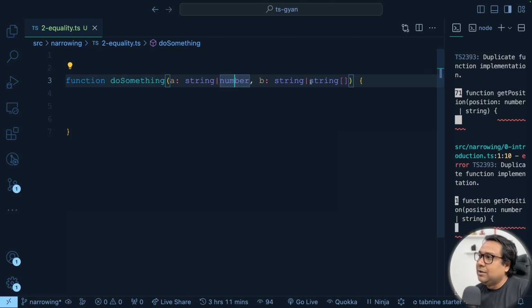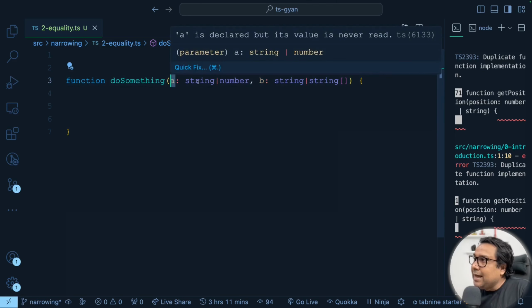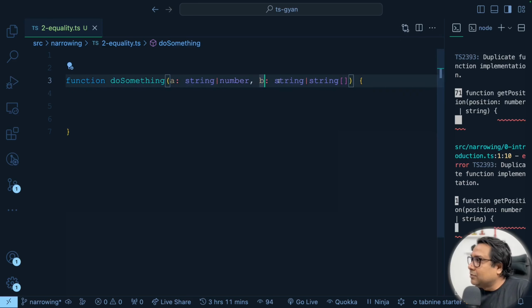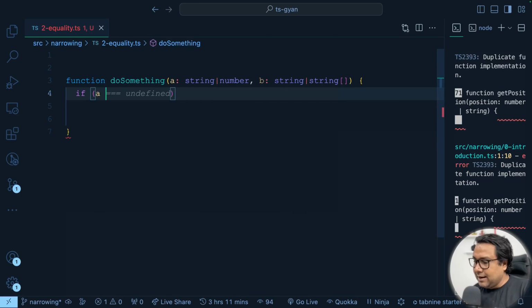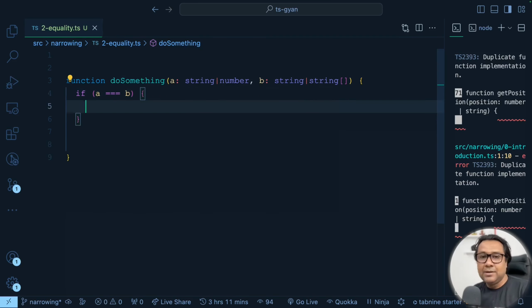Sometimes you can do this. How? Just notice here A is of type string. Here B is also of type string. It can happen. Now A can also be a number. A can also be an array of string. Completely different type. So if I am saying that A equals B, in this particular case, I'll always be